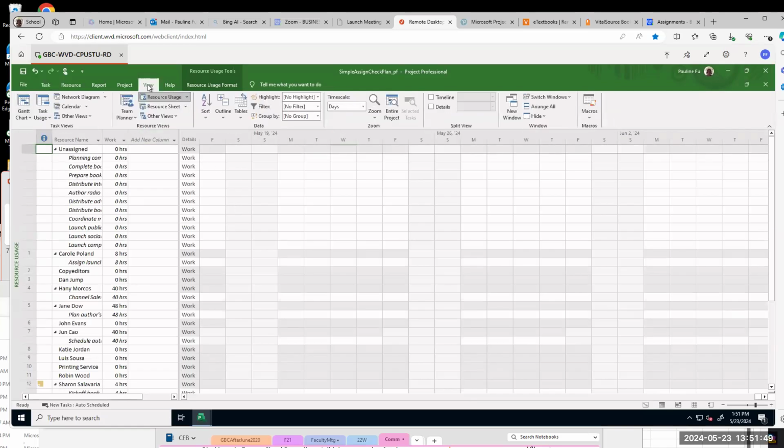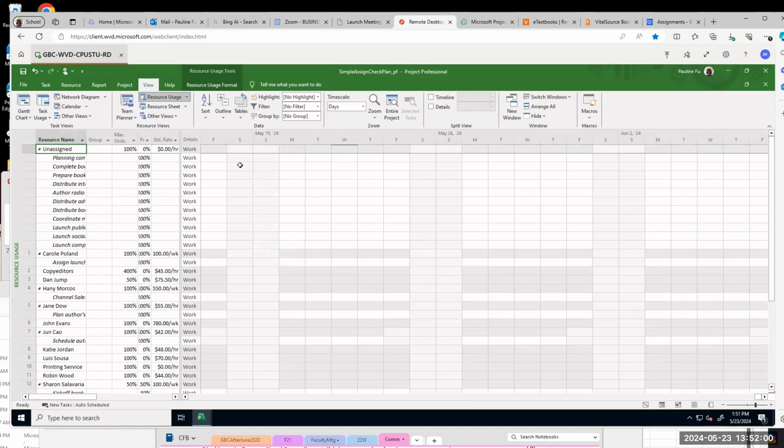And then go to view under data group table. Make sure there's a check mark beside the summary. Summary, there's a summary. Okay.